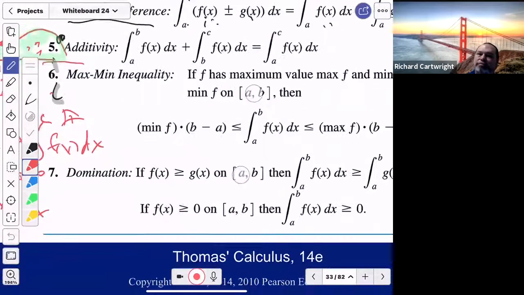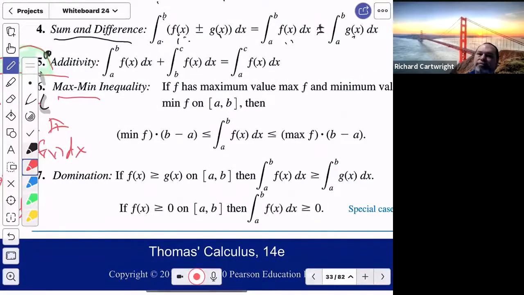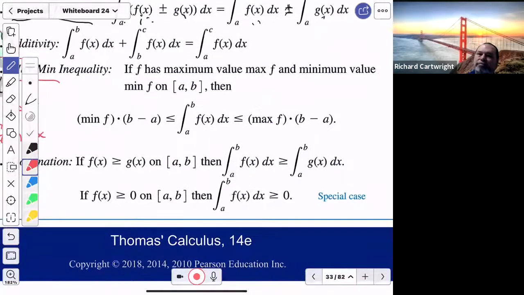Here's one that you won't get in AP Calculus. It's called the Max Min Inequality. I don't think I've ever used it, because all this is about how I can predict the maximum area or the minimum area that it could possibly be. It's this formula that says if you're going from A to B, the minimum of the function times B minus A,